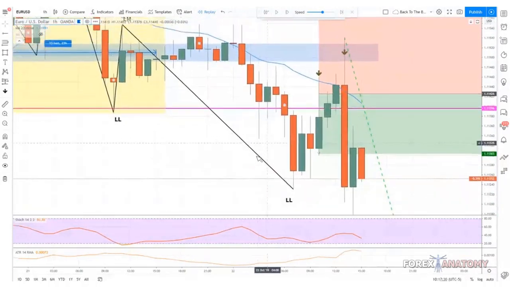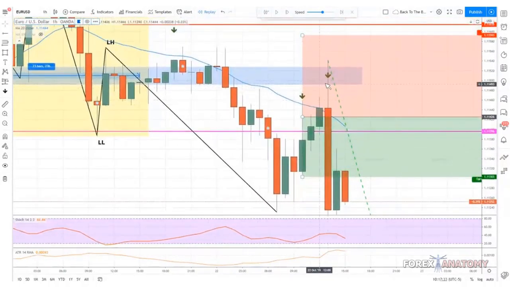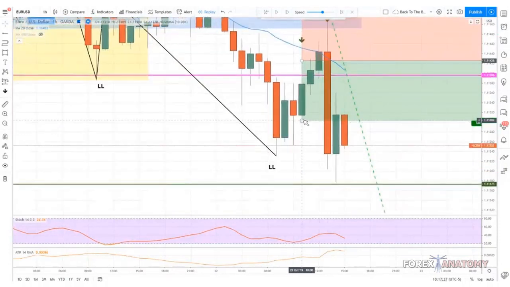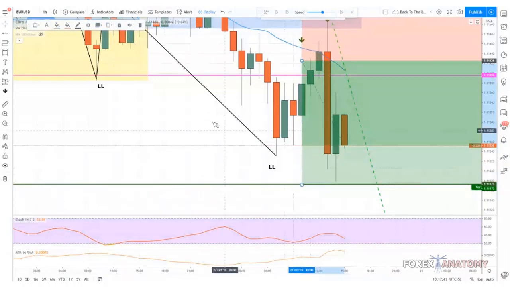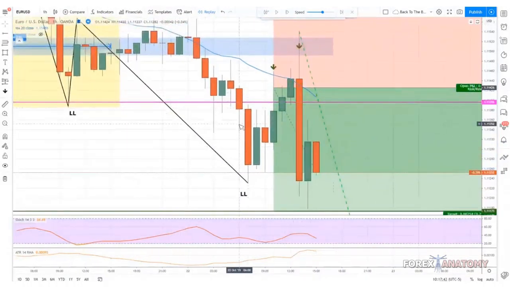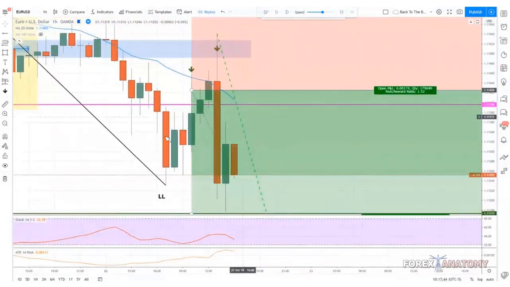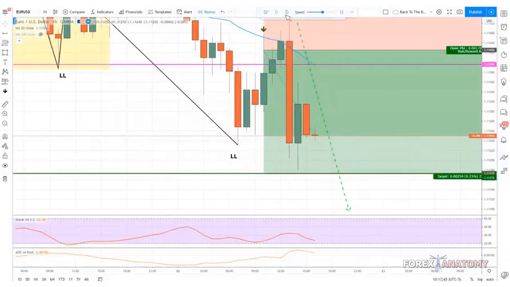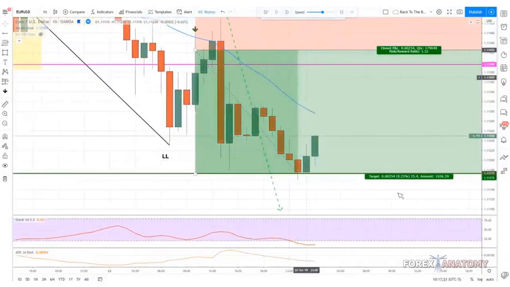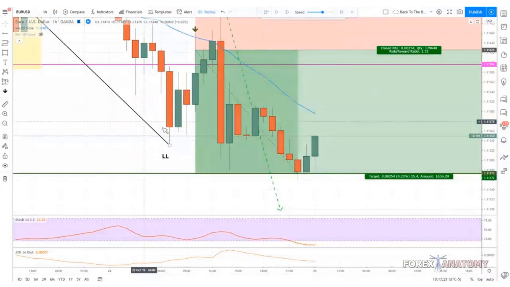Just to let you guys know, if we would have entered a short right around here, this would have been our take profit right here. If we drag this all the way down to here, that would give us about a 1.5 reward to risk, which is okay. It's not the best, but let's see what happens. Let's see if price does actually touch it, and price does actually touch it right here. So we would have made money on that trade.